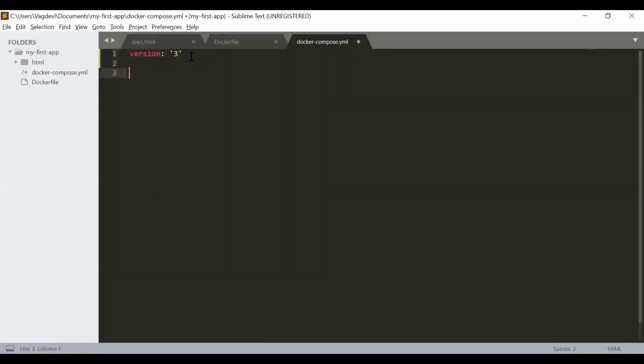Next, we specify the services, colon, hit enter. Also remember that this is a YAML file and it is indentation specific, just like Python. So please be careful about the indentations.